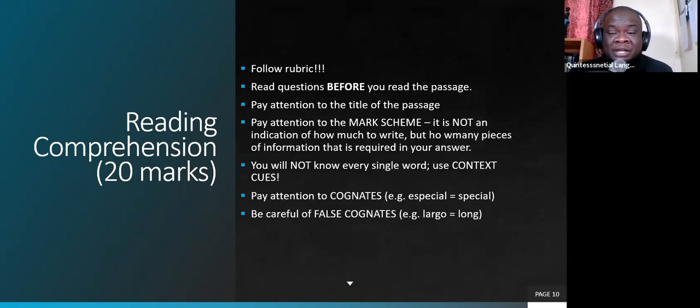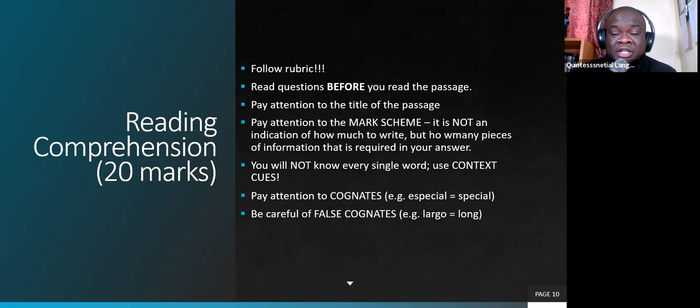So in tráfico, we have something called a cognate, which is a word that is similar in meaning in the 2 languages. For example, especial means special. So you see tráfico and you say, aha, it has something to do with traffic and the streets. So you may not know the word chocar, which means to bounce, like 2 cars bouncing, but you can infer that meaning from the passage after you see a word that came before, tráfico. Sometimes you may need to read the whole passage in its entirety to get the overall context. But you need to pay attention to context cues.